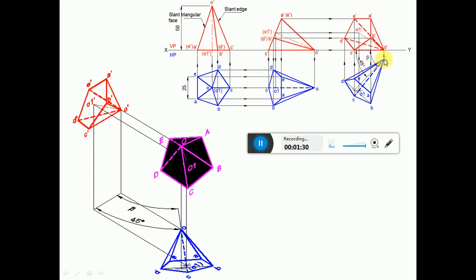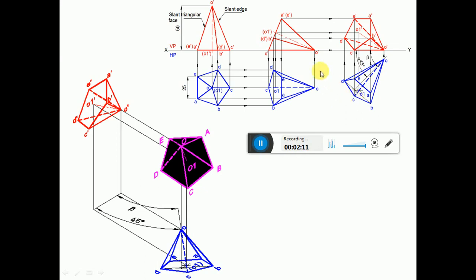Consider any point on the 45 degree line. By using the compass, you cut an arc on the 45 degree line. Then you draw the locus. Then you measure the apparent length of the axis, that is OO1 in the second position top view. Considering the same point O as center, cut an arc on the locus line so that you are going to get the point O1. Join O to O1 and then extend it. Then you measure the length from O to C by using the compass. From here you cut an arc on this to get the point C.